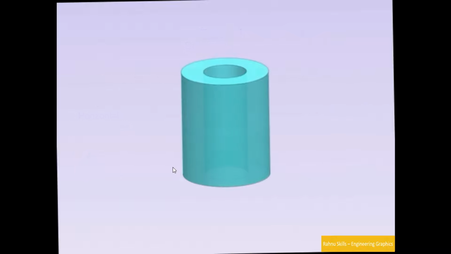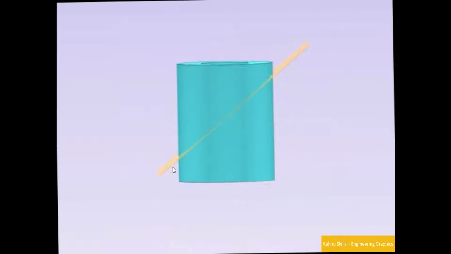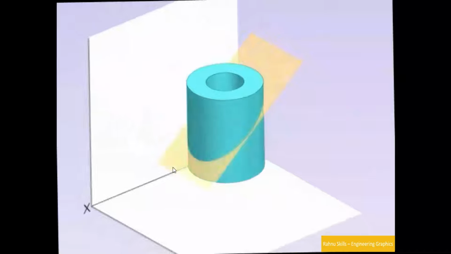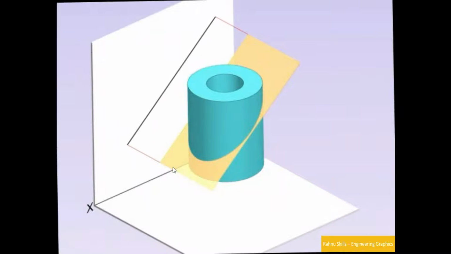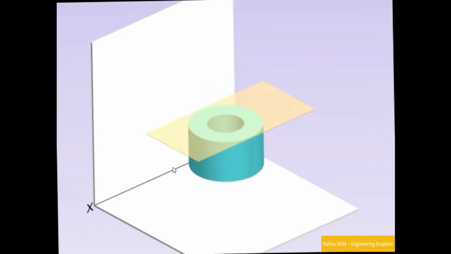Now how do we represent the line? Let's say this object is there and we are cutting the object using an inclined section plane. Now for this plane, you can see only a line. Actually the purpose of this line is to just show you the point or the position from where we are cutting the object. The shape of section line is different. I am just telling you how we represent. In any of the views, either in front view or in top view, this section line will come just to tell you the position of section plane.